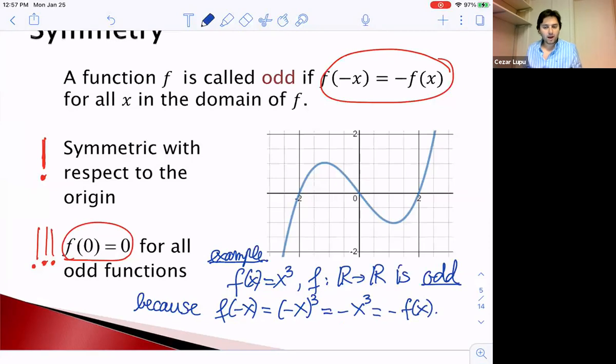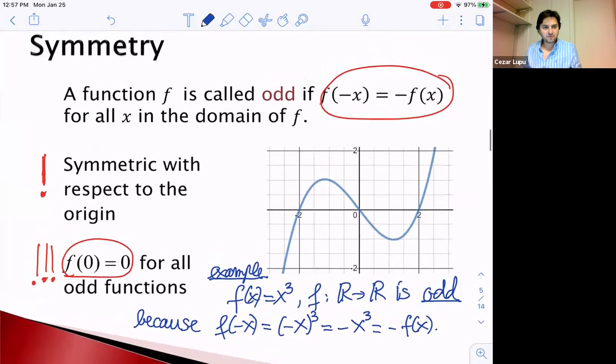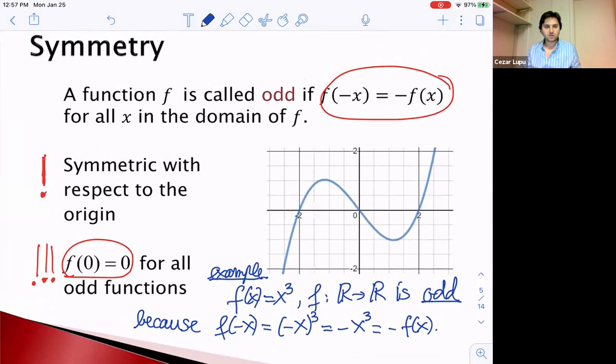All right. Now I have another question for you. So we have seen what it means for a function to be odd, for a function to be even. And now, what do you think? Do you think all functions will be odd or even? Or there are functions that will be neither of them or both of them at the same time? Well, both of them at the same time is, well,